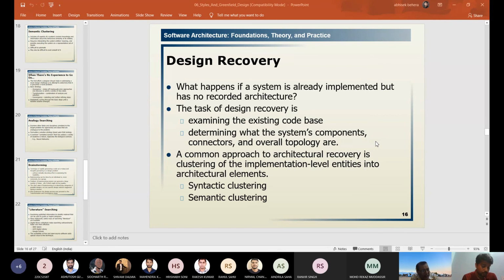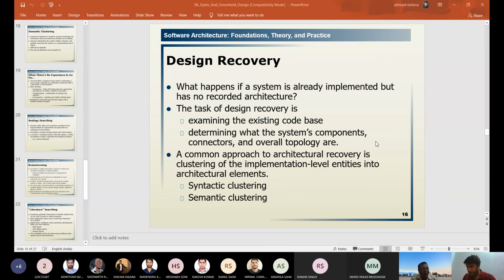When to use a batch sequential, when to avoid a batch sequential. When to use a virtual machine, when to avoid a virtual machine. You have to understand it. Based on your requirement, you should use the right style. And all the time, style plays a very vital role to fix the configuration, in which configuration you are planning to decide your architecture. So it plays a major role for configuration.